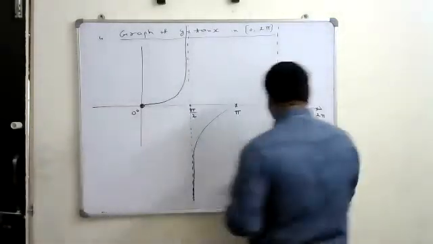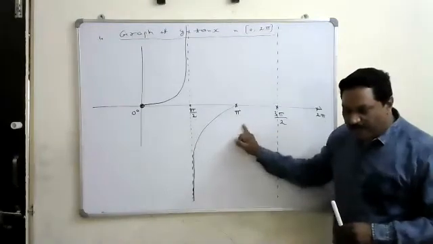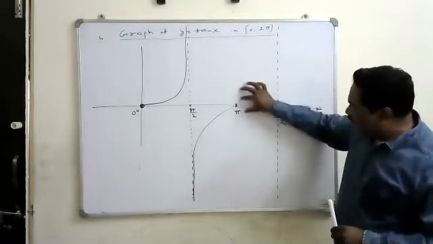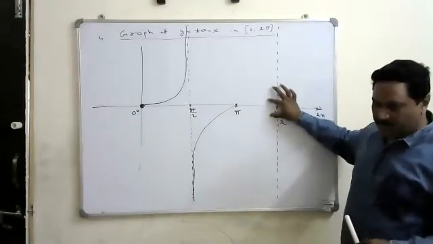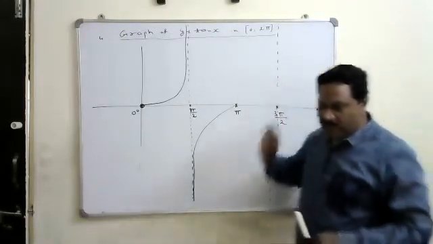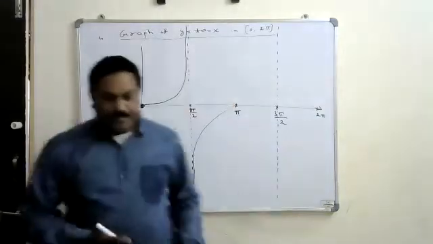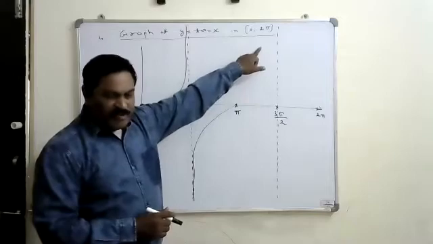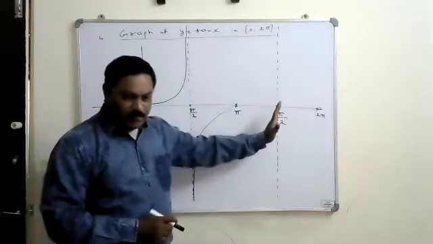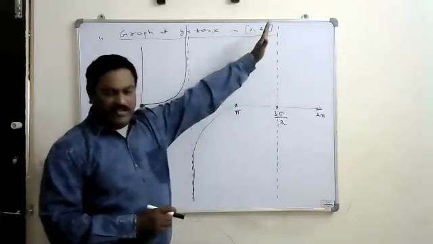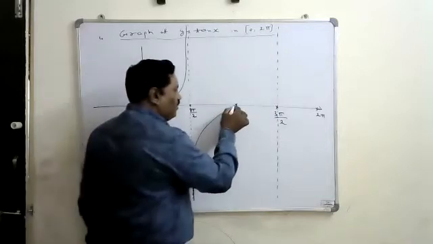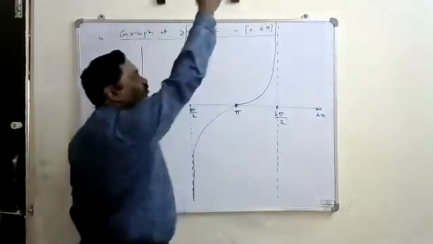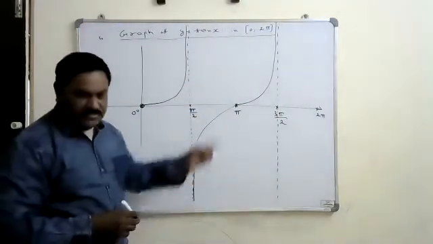Again, if you observe these angles, pi to 3 pi by 2, that is 180 to 270, these are the angles of the third quadrant. In the third quadrant, tan is positive. For all these angles, tan is going to give a positive value, meaning y is positive. When they go up to 3 pi by 2, it is going to give infinity, so from there it goes to the infinite side. It goes along this line and is going to meet at infinity. So this is the graph of that.